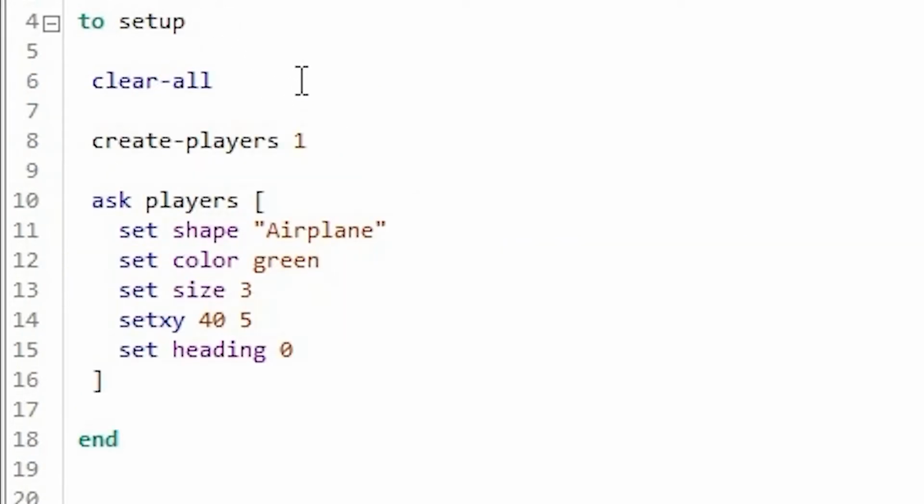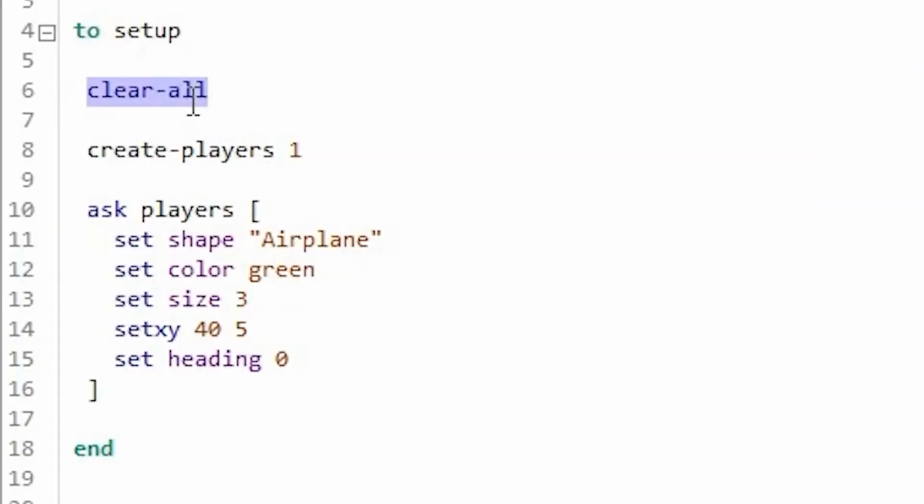And there's one thing we have to add. Make sure at the beginning of the setup to add a statement called clear all. If you don't do that, whenever you press the setup button, these bullets will not get cleared.